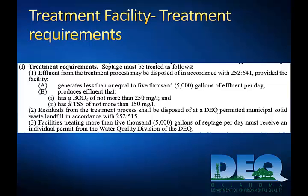equal to 5,000 gallons of effluent per day and produces an effluent that has a BOD of not more than 250 milligrams per liter and has a TSS of not more than 150 milligrams per liter. Residuals from the treatment process shall be disposed of at a DEQ permitted municipal solid waste landfill in accordance with Chapter 515. And then any facilities that treat more than 5,000 gallons must receive an individual permit from the Water